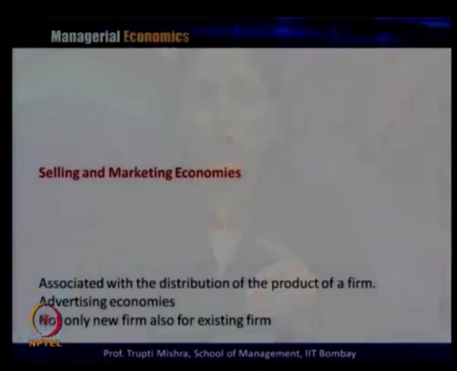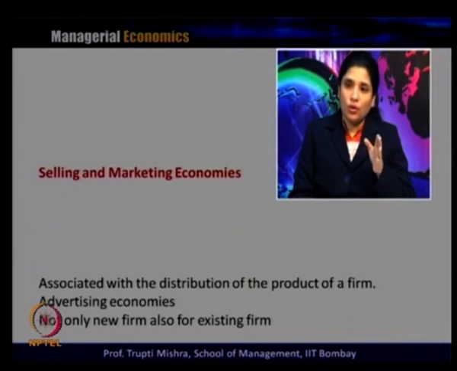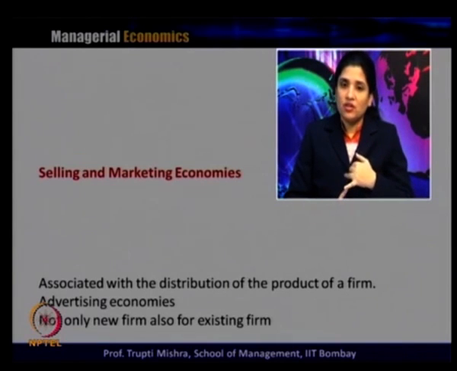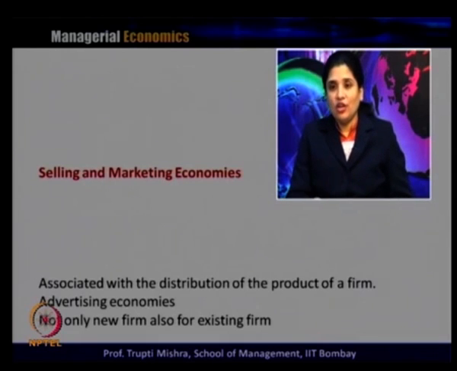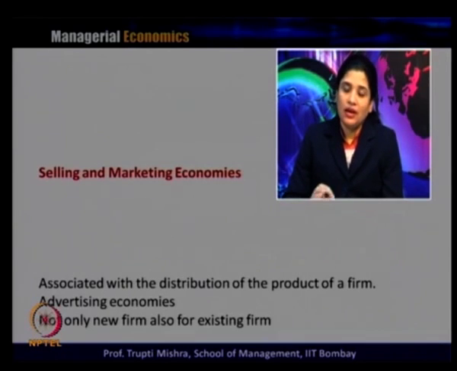Then we will talk about the second kind of economies of scale, that is selling and marketing economy. If you remember the types of economy, one is real economy, second one is pecuniary economy. Under real economies we talked about the production economies, and now we will talk about the selling and marketing economy. In the case of production economies, we talked about technical economies of scale, labor economies of scale, and inventory economies of scale, because production economies of scale generally come from the labor, capital, equipment or the inventory of the firm.